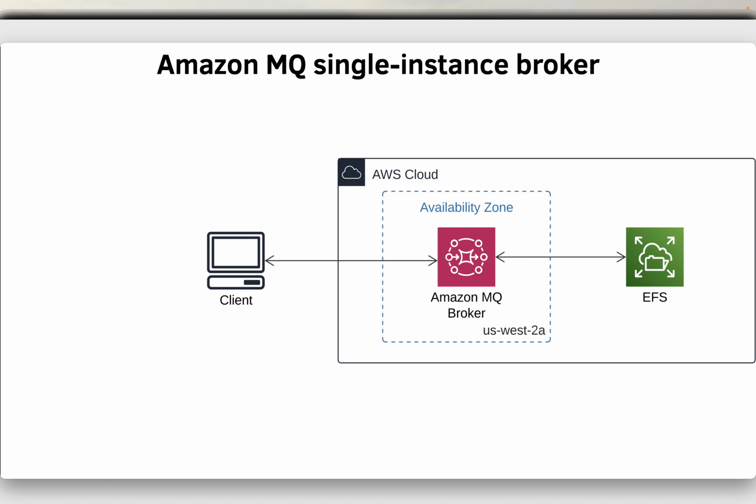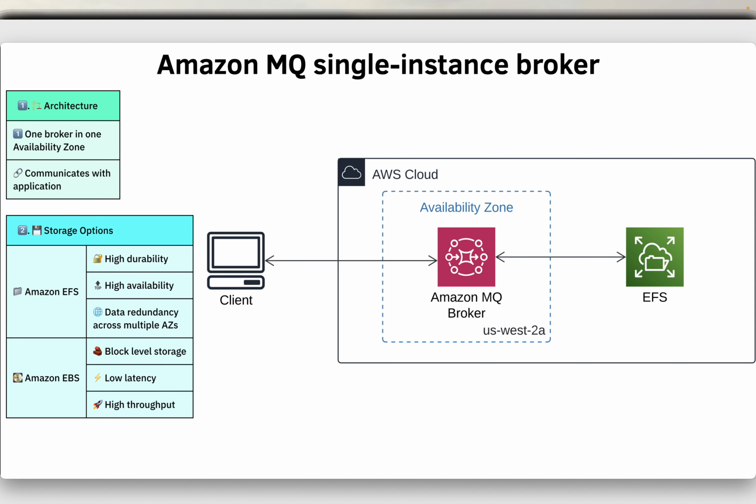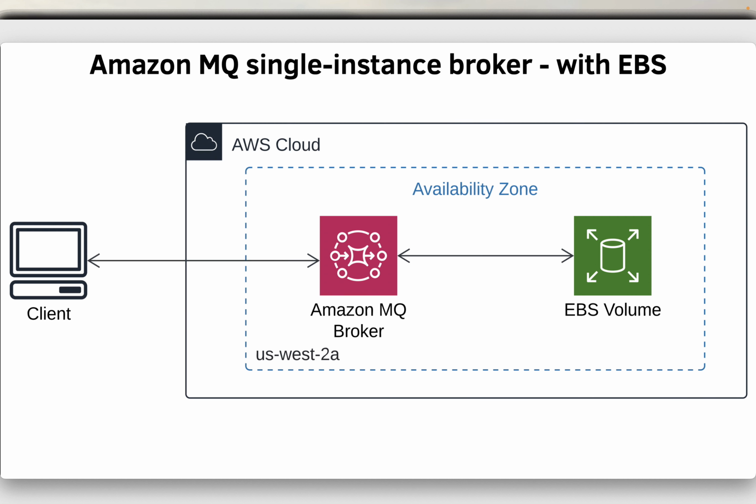So this is the ActiveMQ single instance broker. A single instance broker in Amazon MQ consists of one broker located in a single availability zone, and this broker communicates directly with your application. Amazon MQ offers two storage options for single instance brokers. First, Amazon EFS, providing high durability and availability by storing data redundantly across multiple AZs. And next, we have Amazon EBS,